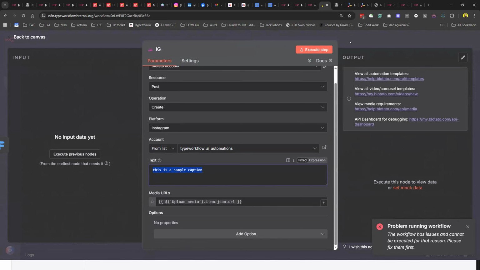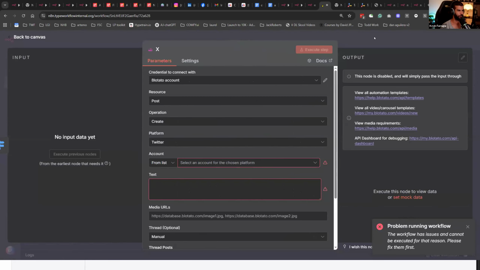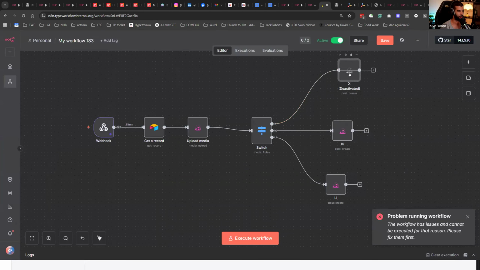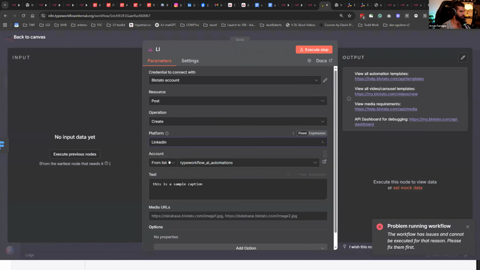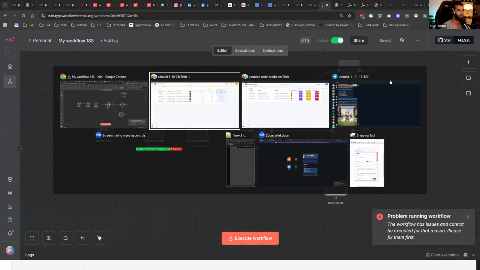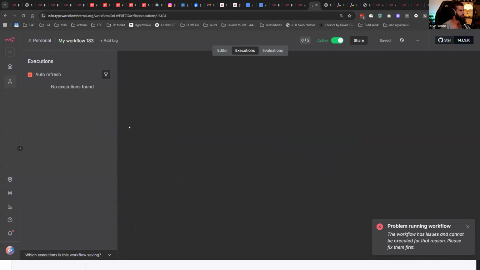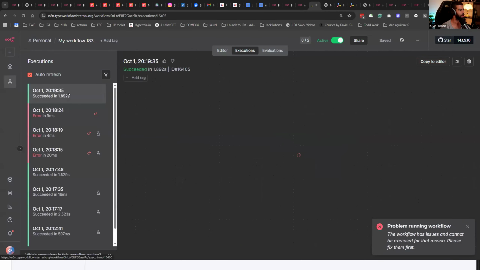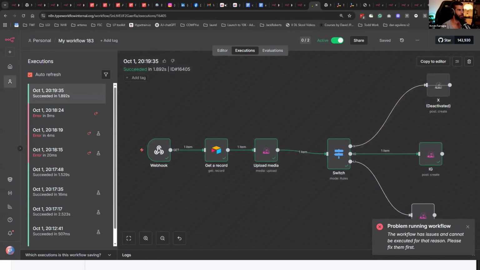Okay. Yep. So I was running into this error because I hadn't set up my X account there. So I'm just going to deactivate this. LinkedIn should be fine, I think. So if I go to LinkedIn, that should be fine. Now if I run this again, post to IG, executions, and this 2019 should have now succeeded. So if I go to IG,